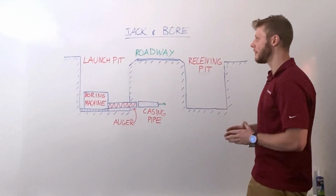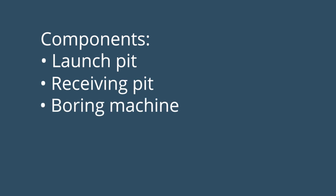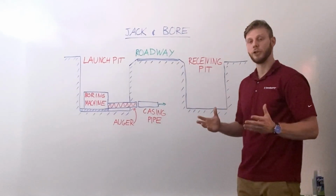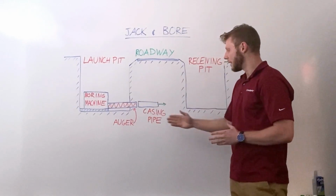The components of this method are the launch pit and the receiving pit, with the launch pit being the larger of the two, a boring machine, a casing pipe, and an auger screw. The first step in the process involves the contractor excavating the launch pit and the receiving pit. Once the two pits are excavated, the boring machine is lowered into the launch pit, and the casing pipe and